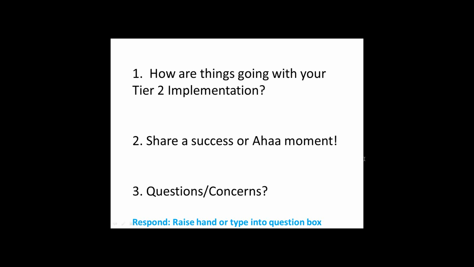Great. That you also have that data piece where you can track your students so that you can really tell, is this working for our students? And that you have those systems pieces that help you to know, okay, what do we do next? How do we know when we need to form another group? How do we know when we need to start looking at another Tier 2 intervention? Who's going to be in charge of that? Who's going to be monitoring that intervention? So it sounds like you're in a good place. Keep at it.